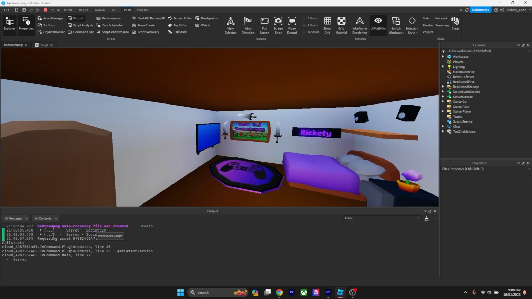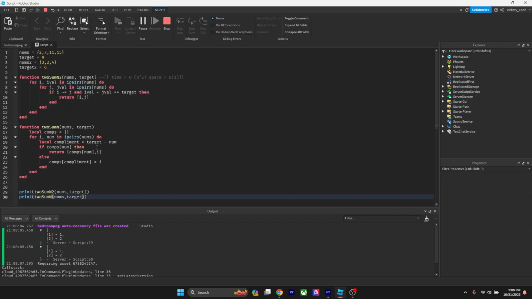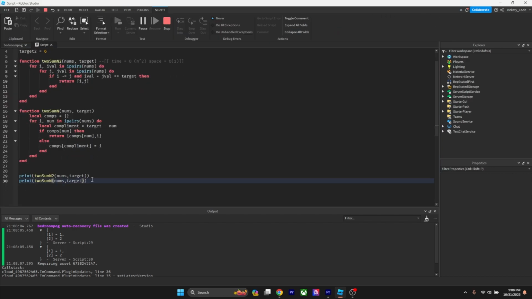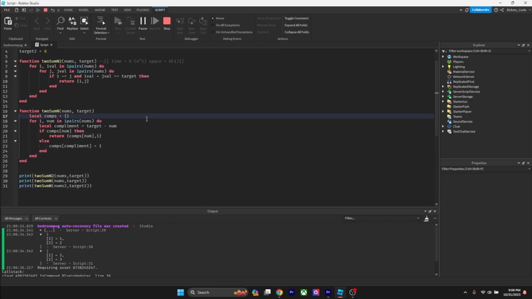1 2 1 2. So yeah, that's how you solve this problem, guys. Let's try it with the second value too. So yeah, that's how you do the Lua